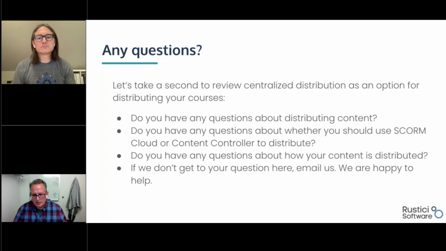Now, in reference to Content Controller, on the learner side of things, same thing, but I did want to say that we aren't just limited to SCORM 1.2 or LTI. We do have other options as well. But once again, once that data is sent over to the third party, either via AICC, SCORM 2004, third or fourth edition, SCORM 1.2, or LTI 1.1 or 1.3, it would be on the LMS to show that to the